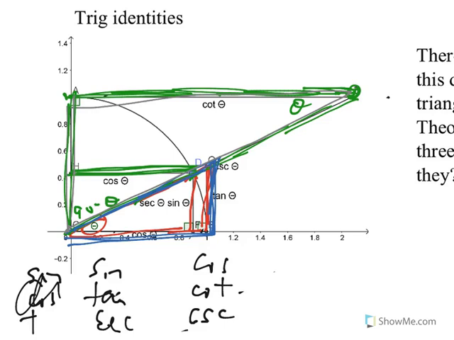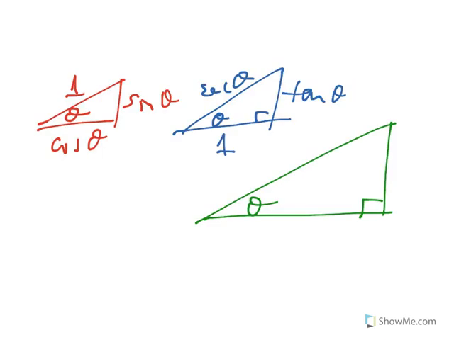So I have 1 as this opposite side, and cotan as its adjacent side. One. And with these 3 triangles, they're all similar to each other,